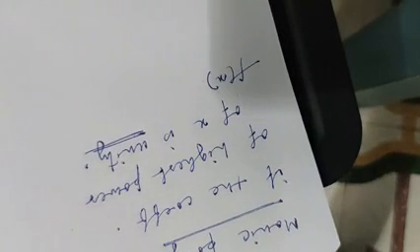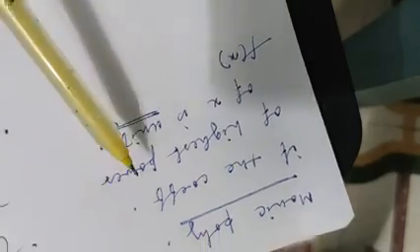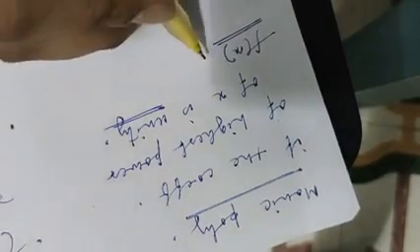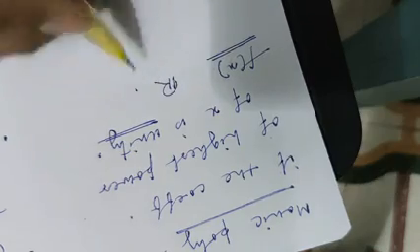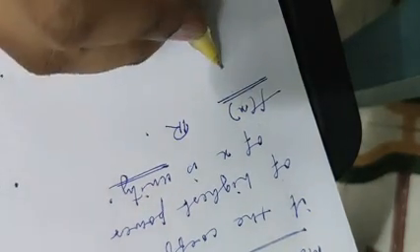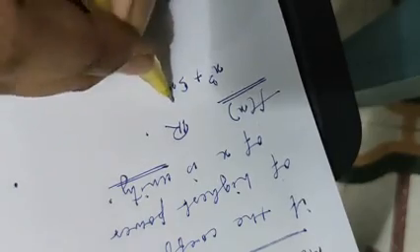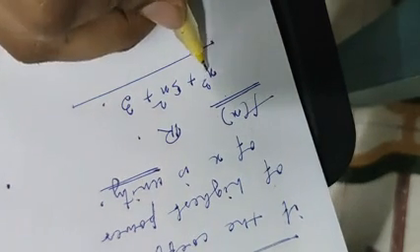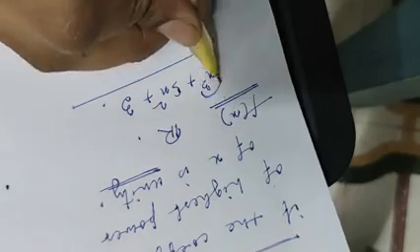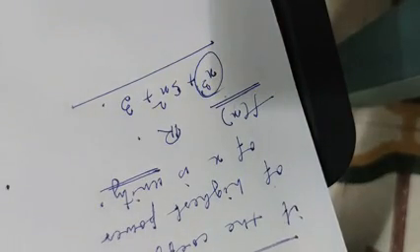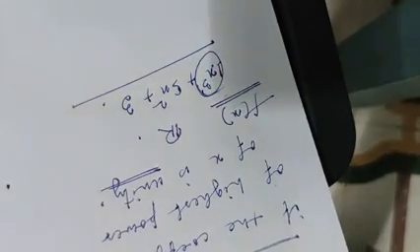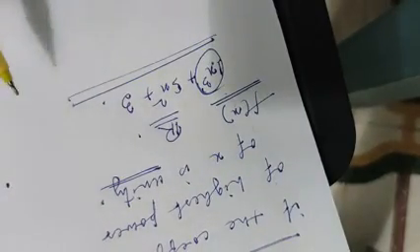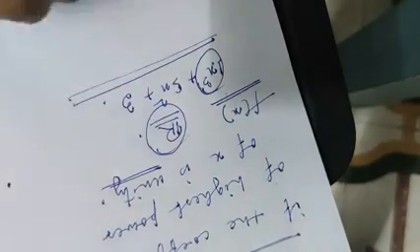So suppose we are trying to give an example of a monic polynomial over the real number field, then an example could be x cube plus 5x square plus 3. This could be an example of a monic polynomial because the leading term is x cube and its coefficient is 1, which is a unity in the field of real numbers. So this is an example of a monic polynomial over the real number field.